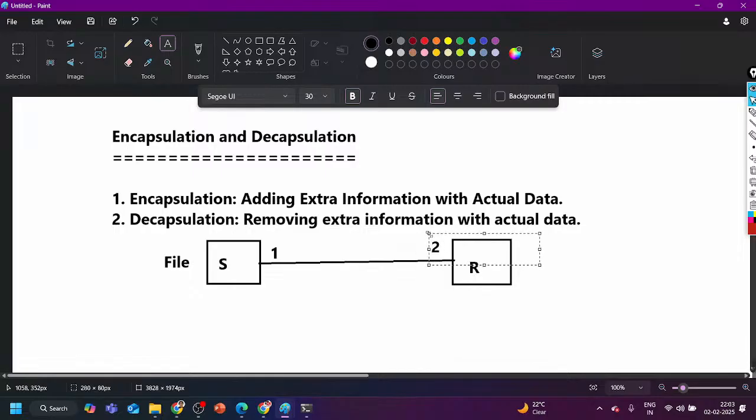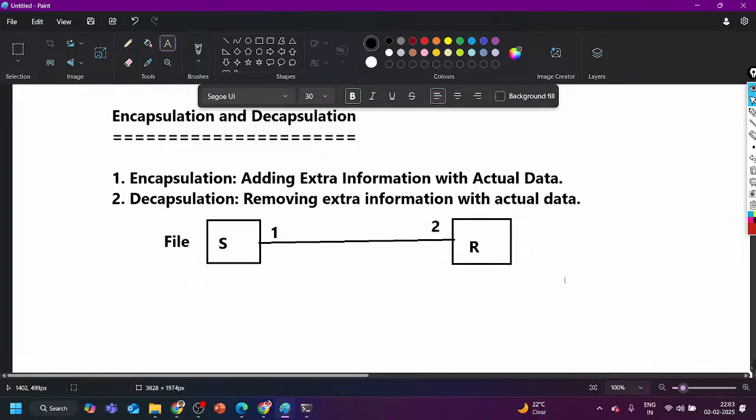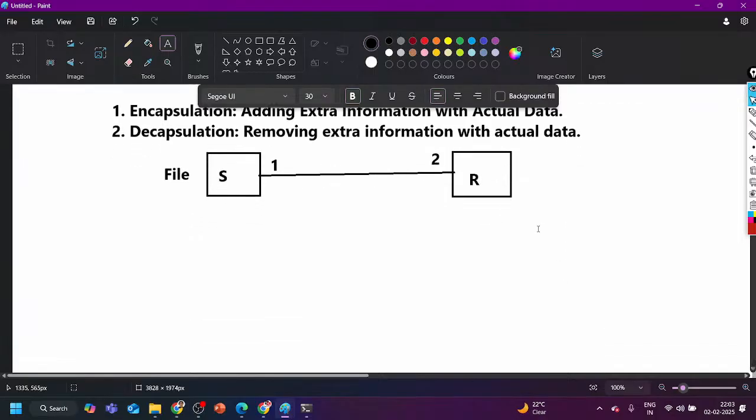Which machine will perform encapsulation? Sender, right? And which machine will perform decapsulation? Receiver. To send the file, we have the FTP protocol. So FTP protocol is going to generate